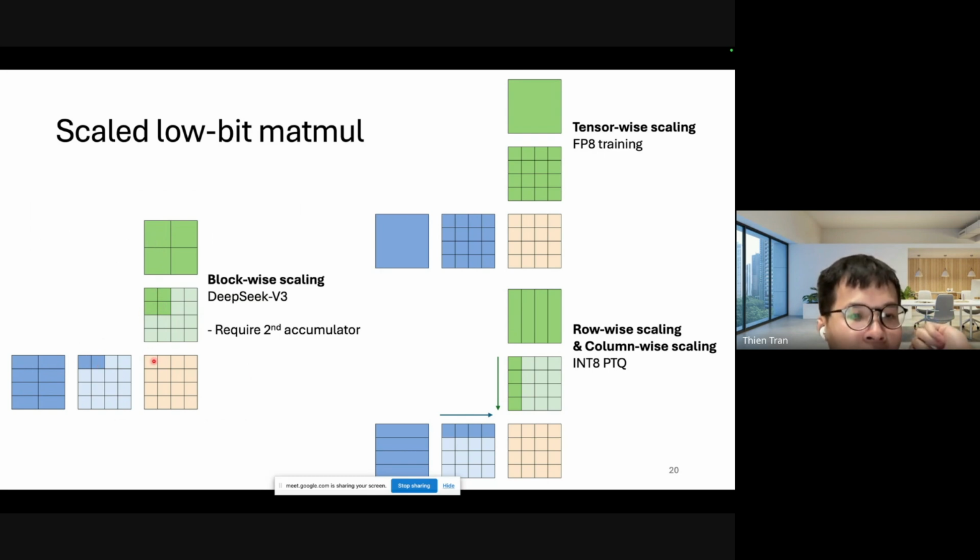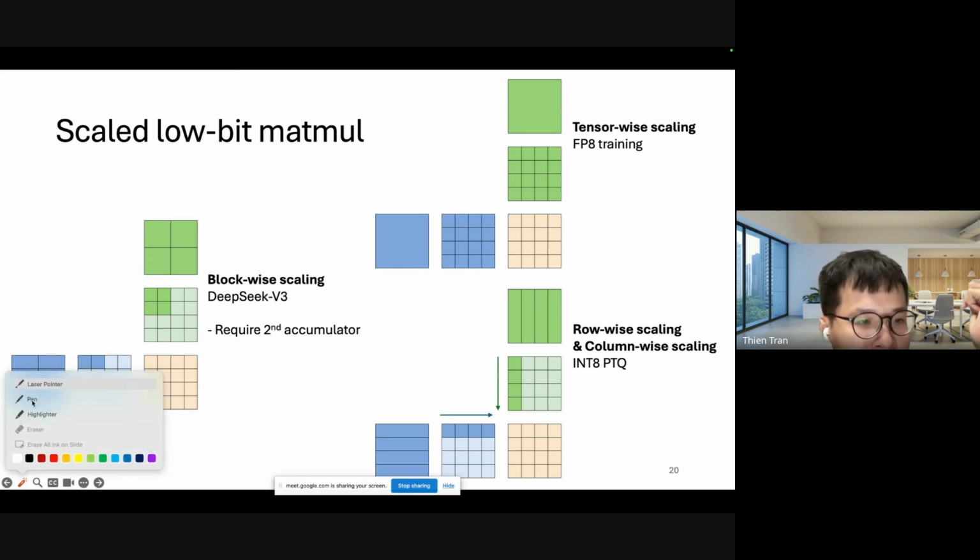It means that when we want to calculate this value, we have to do a matmul between this block and this one, and then we get something. Then we do the scaling for that something, and then we move to the next one. So we have to do the matmul between this and this one. But the problem is that we cannot add them directly into what we have so far, because they require different scaling. So for example, this one,